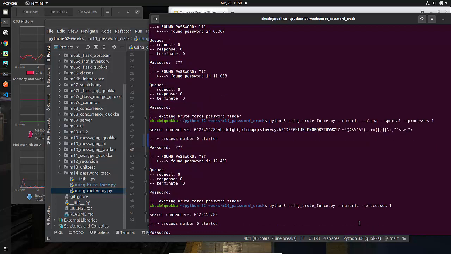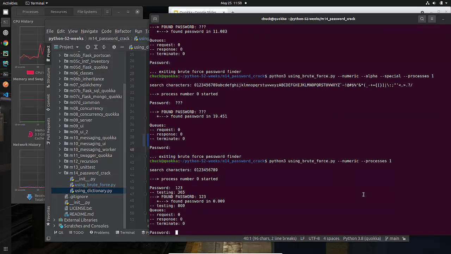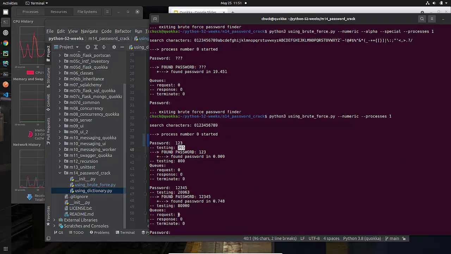Here we are, we're going to be running it. I've created one. Now if I do 1, 2, 3, you're not actually going to be able to see anything. What it's going to show is what the testing is going through. If I was to do 1, 2, 3, 4, 5, now you may be able to see a little bit. Did you see that going? You could see it went up and incremented, and we found the password, and the second thread kept going, or the second process kept going.